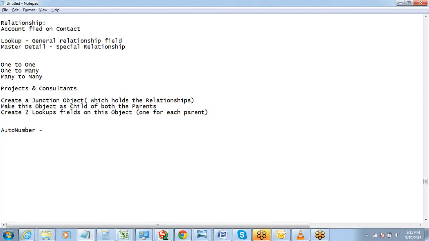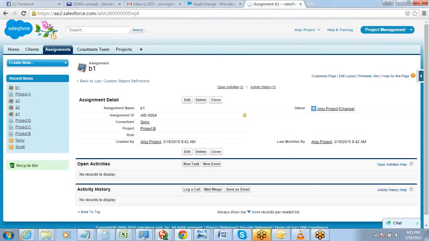Let's say the projects should be project 001, project 002. So this is the series. Instead of putting a name to the project, you just want these numbers to be generated, right? So it's simple to do. You can work with this auto number. It's a system generated value.